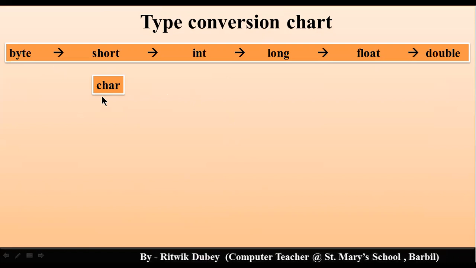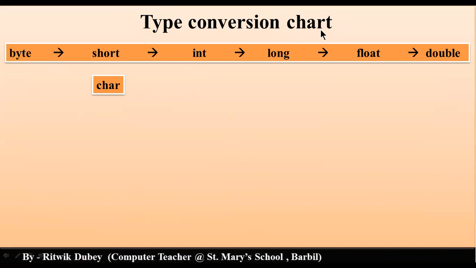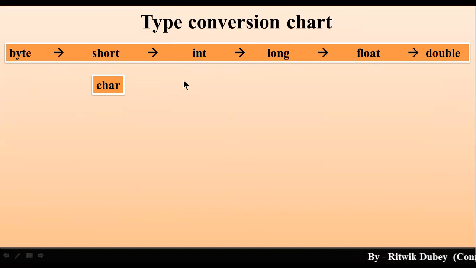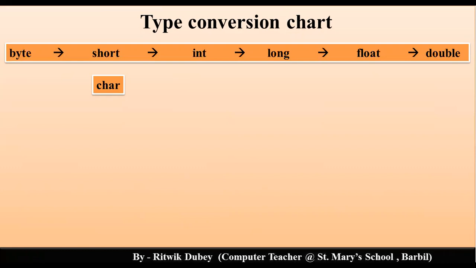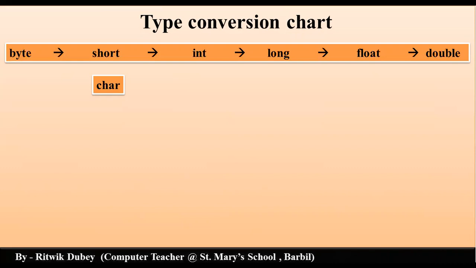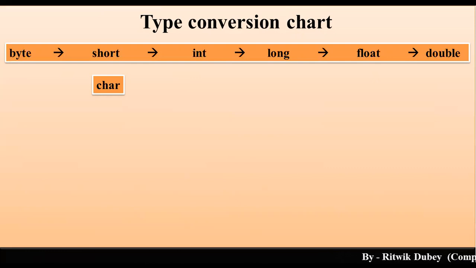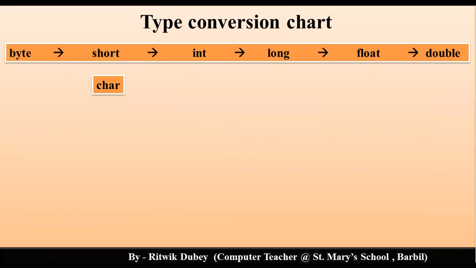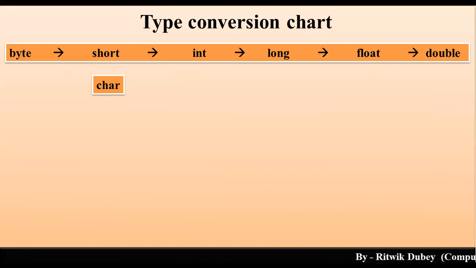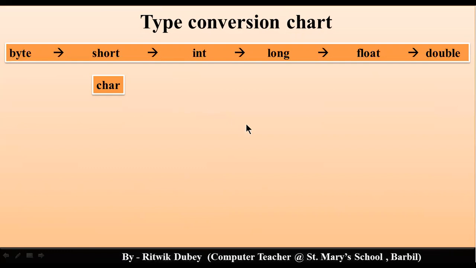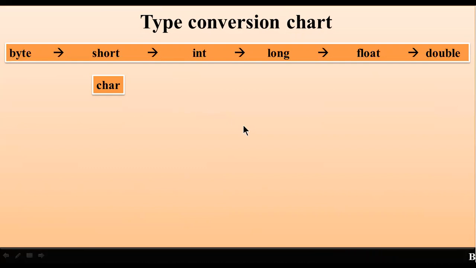Now let me tell you one thing. In your type conversion chart, all the fundamental data types, or you can say primitive data types, are included except Boolean. Why? Because Boolean doesn't consist of a numeric value. Yes or no? It consists of only true or false. If a variable is declared with data type Boolean, we can assign either true or false to the variable. Yes or no? Clear, na? So, since a Boolean type variable doesn't hold a numeric value, it doesn't come under the type conversion process.